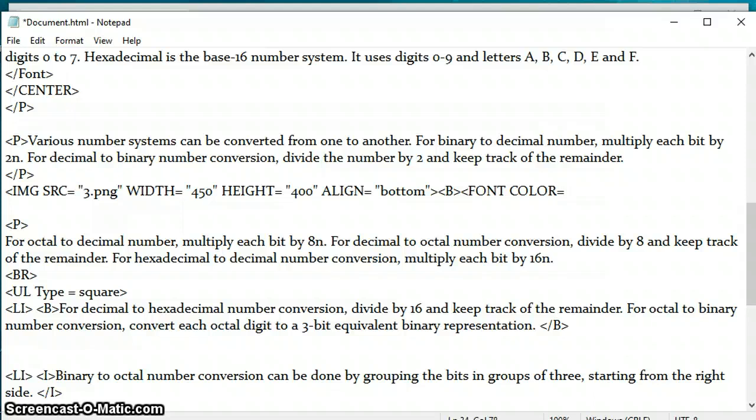I want to give it red color, so I will type red, then close the bracket, and I will type here, what should I give? Okay, number system, type 50.